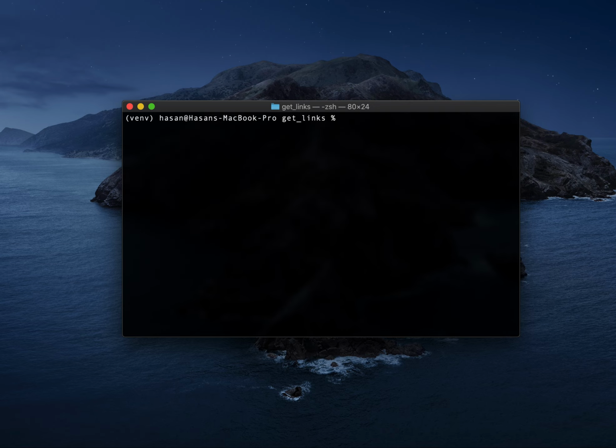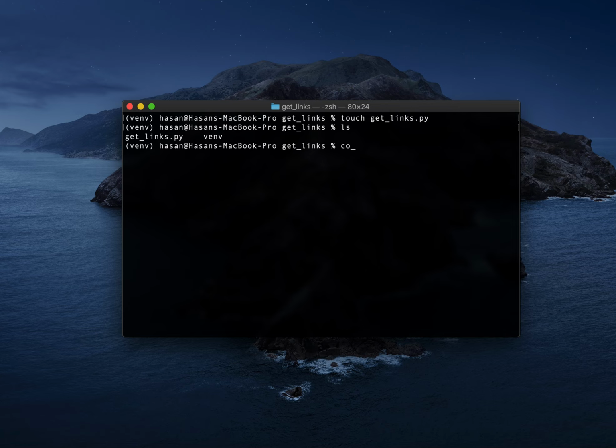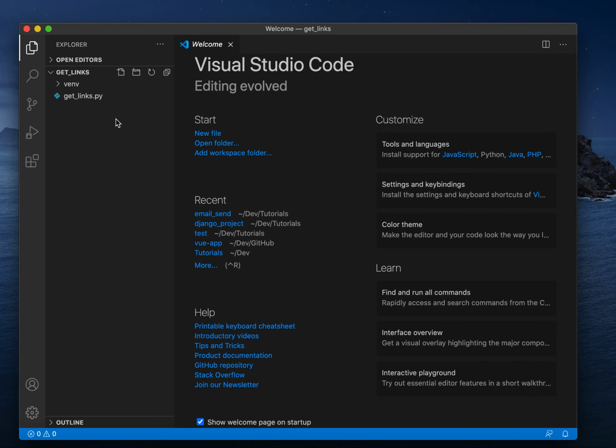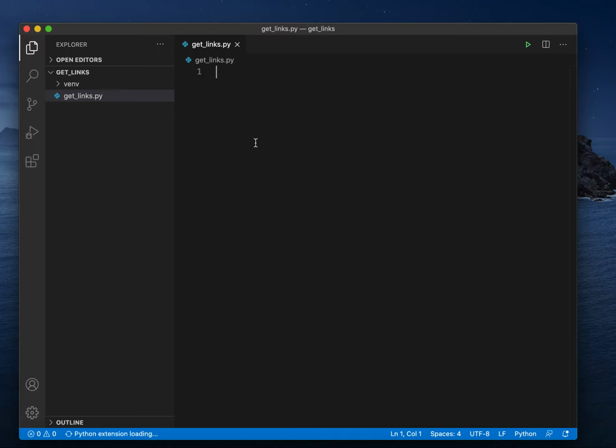Now let's create a new file, get_links.py, and open the file in Visual Studio Code. Okay,